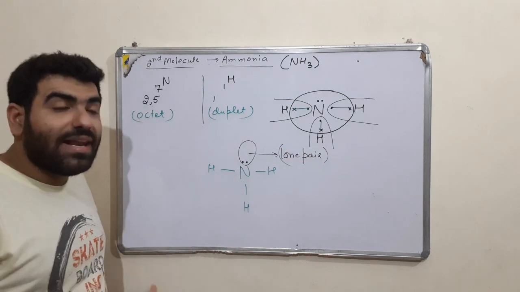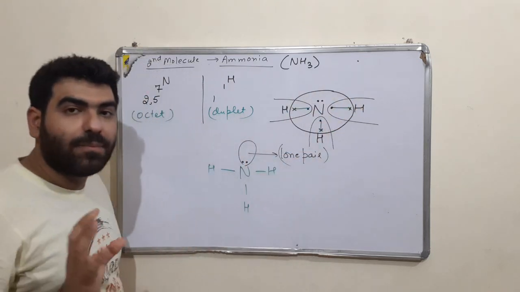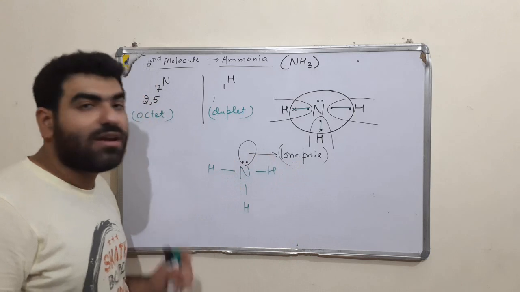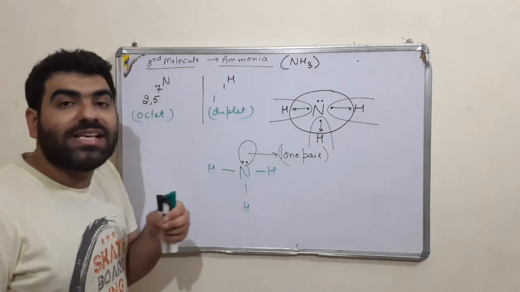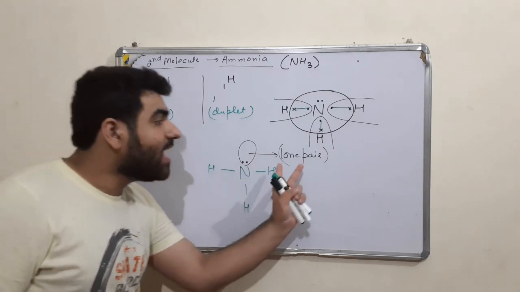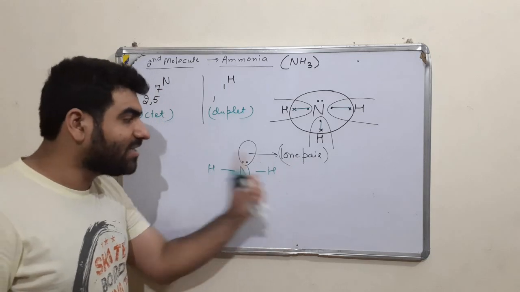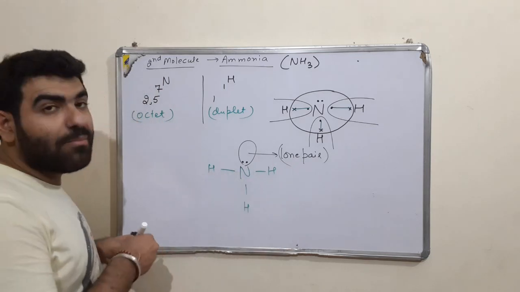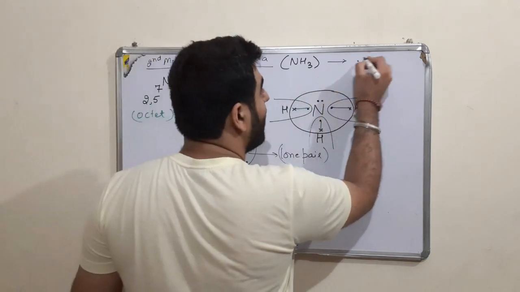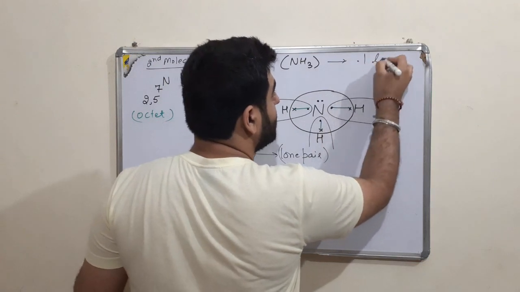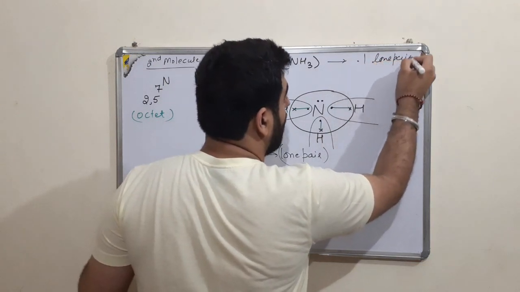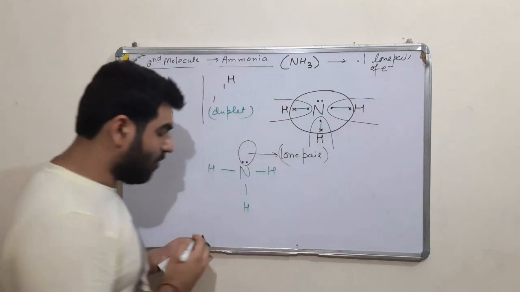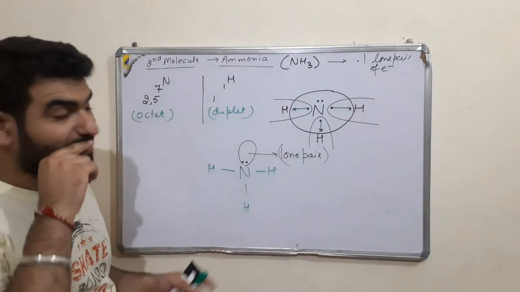Alright, बाकी सभी इलेक्ट्रॉन्स ने किसी न किसी के साथ बॉन्ड पेयर बना लिया है, but this pair of electrons, इन्होंने किसी के साथ भी बॉन्डिंग शो नहीं की. That is why the pair is named as lone pair. And ammonia molecule is having only one lone pair. So this is having one lone pair of electrons.